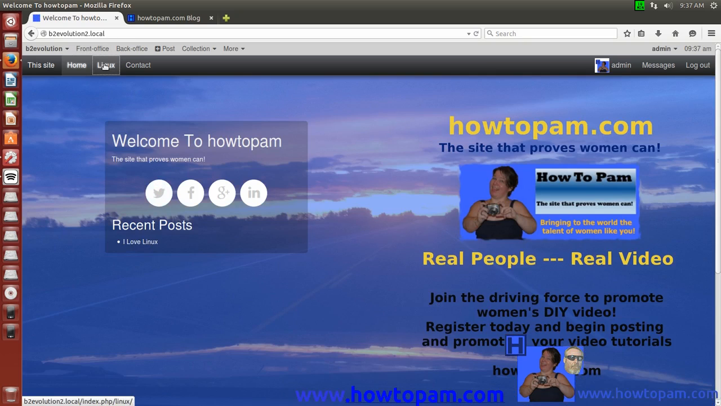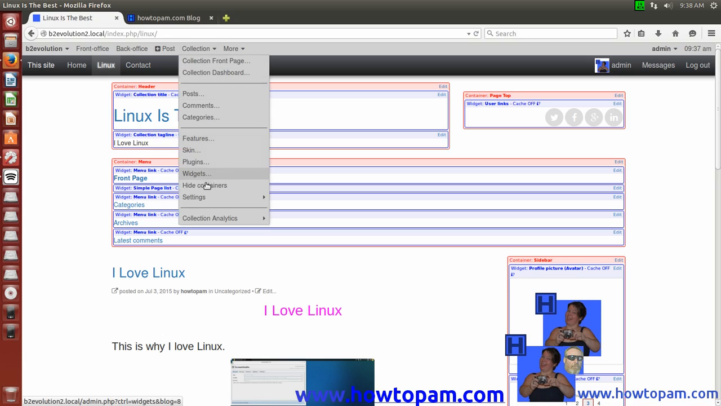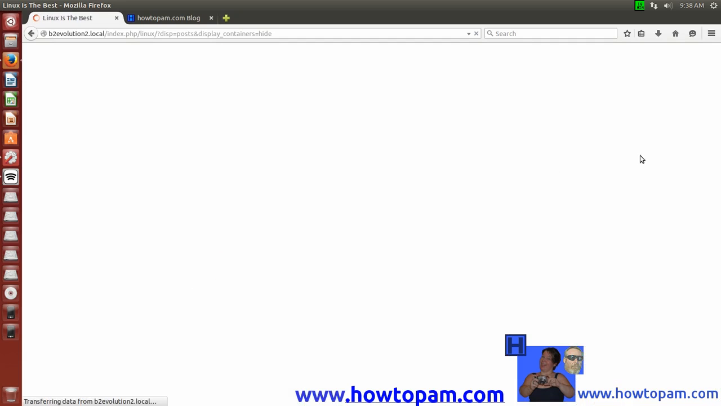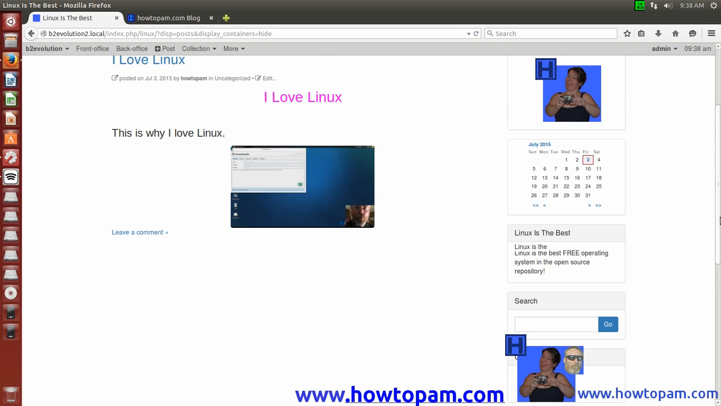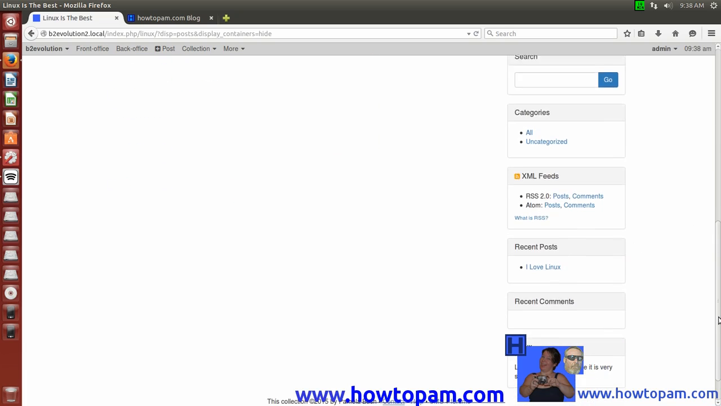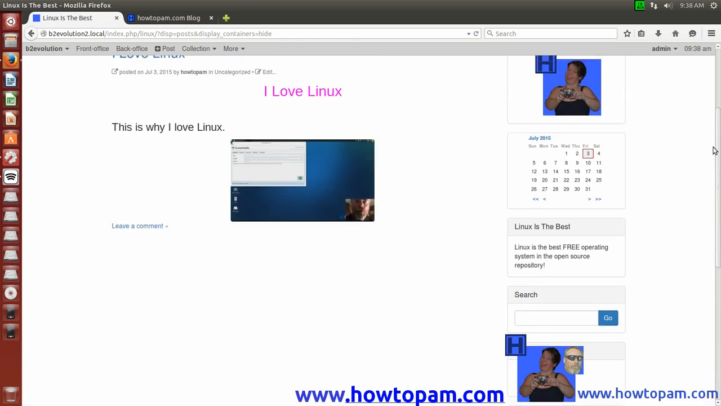go back to our Linux site where we edited the widget in the skin, and we can see here that we have still highlighted all of our containers. Let's click this off to turn off the highlighting of the containers, and let's go down and look at the widgets here, and you'll see the recent post we have up, and you can see this widget we've edited. We've written Linux is the best because it is stable, right in there,